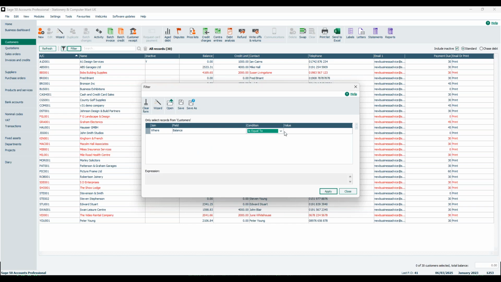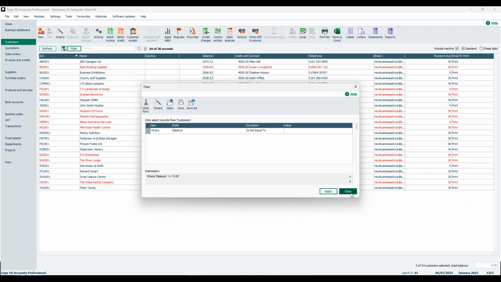For the condition, we've got a few options, so it might be that I'm looking for less than a particular value, but in this case, I'm looking for the balance is not equal to 0. And I could put a different balance in if I was looking for something else there. So I'm going to apply that